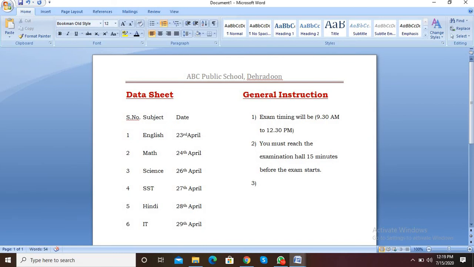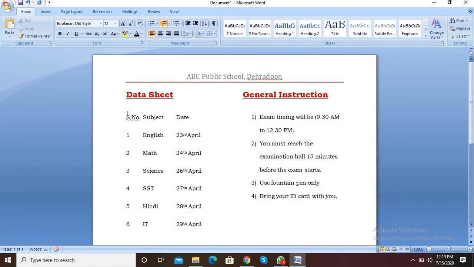Next thing, use fountain pen only. Next, last is, bring your ID card with you. Okay, so this much instruction you have to write.